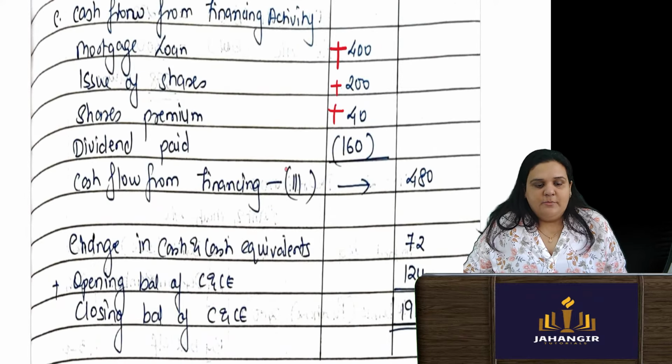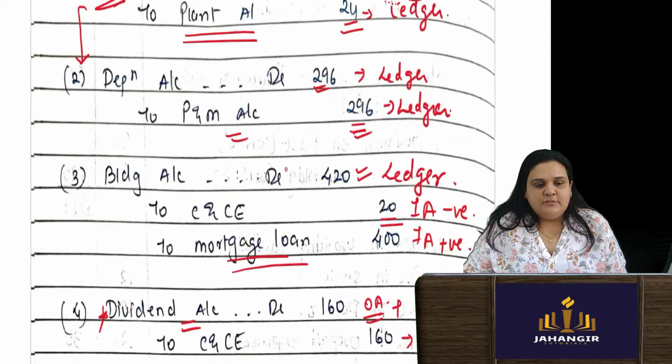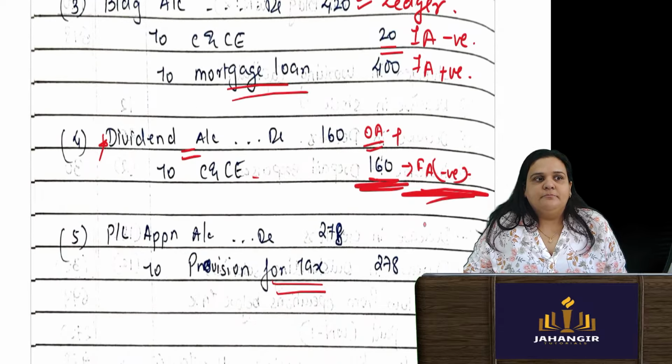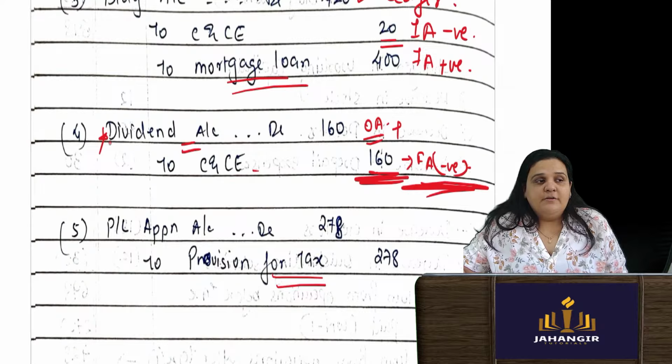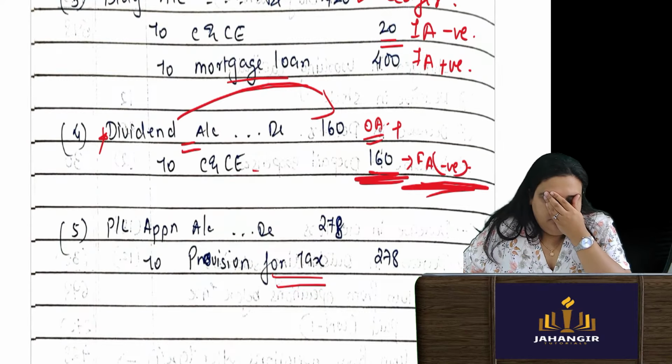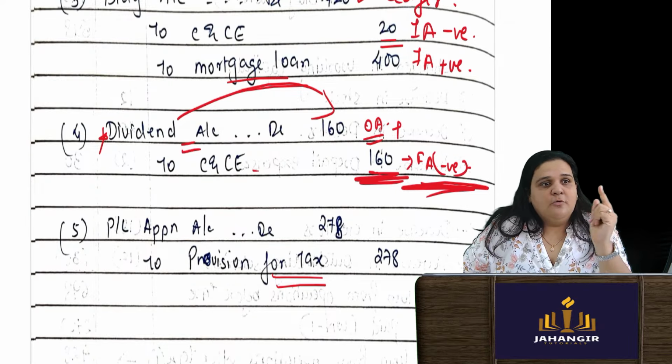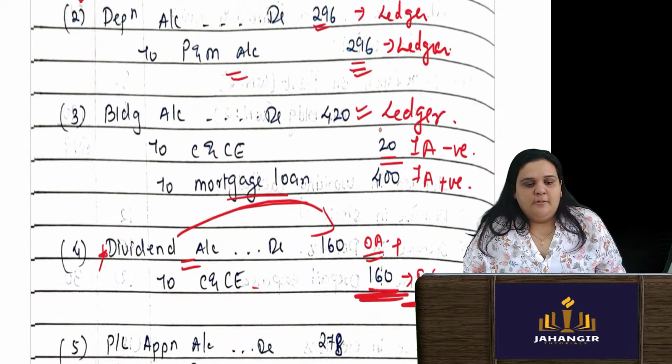Investment activity. We had passed the journal entry also for this: dividend to cash and cash equivalent. From financial activity, I will subtract it. See, for dividend, I have already done it, no, from retained earnings, I had added, no. Then only we got that net profit. So two effects are gone. One is negative, one is positive.